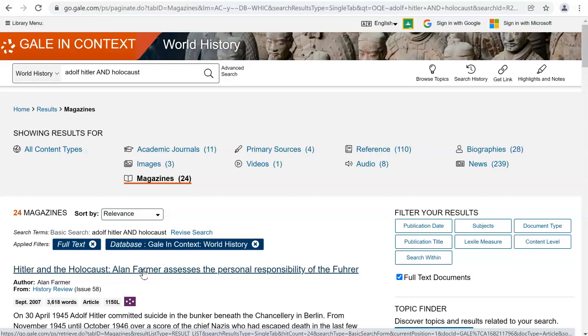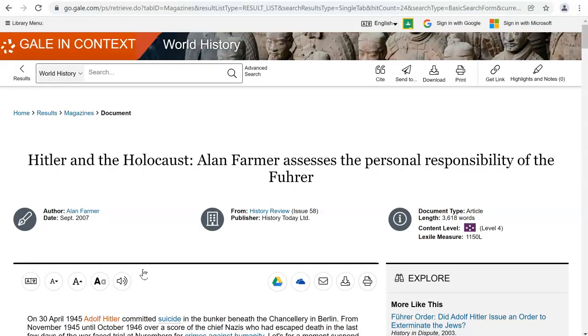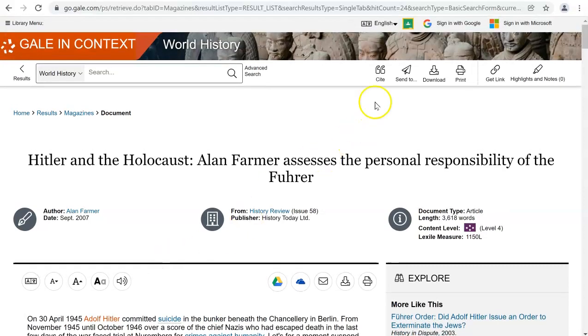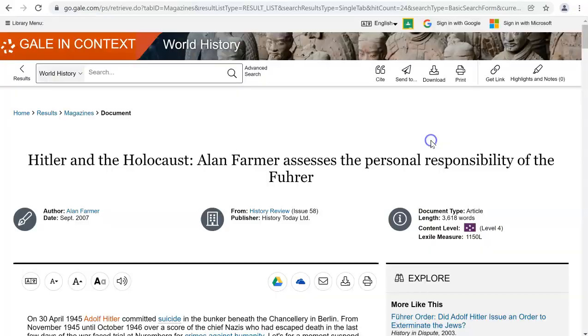Talks about the responsibility Hitler had with regards to the Holocaust. Again, just like you saw before, once you click on an item, you can go in and read it, or you can click on the Cite feature to see the suggested MLA citation that you again should double check for accuracy, or in this case, the Send To link if I would like to email this to myself.